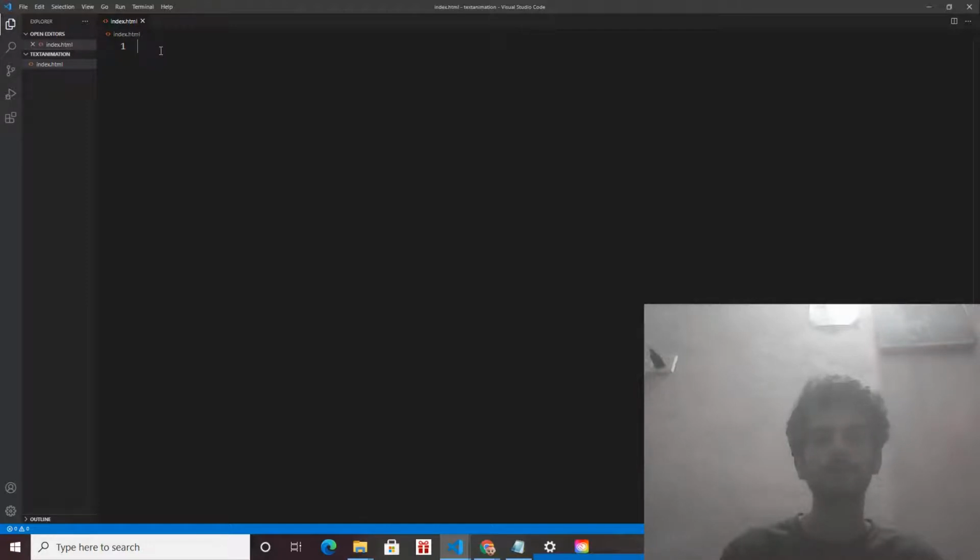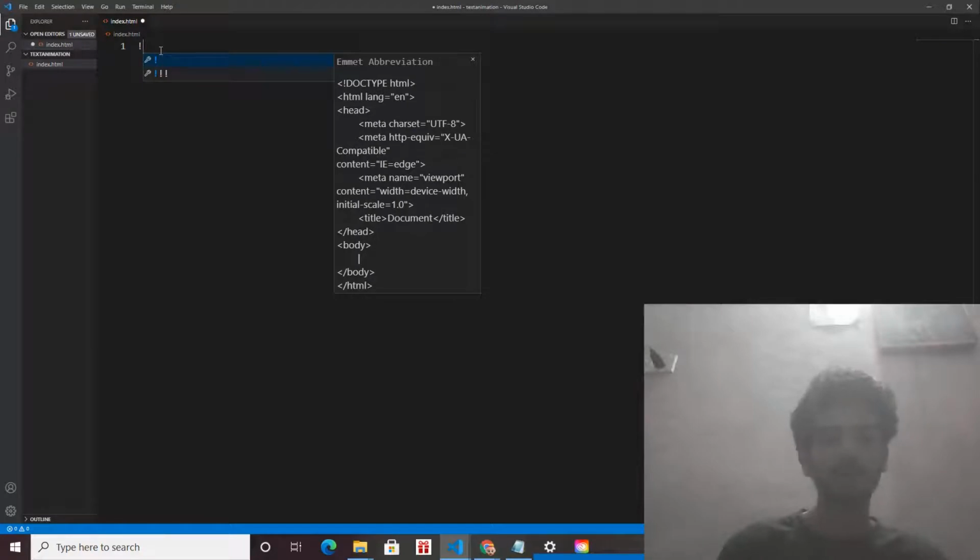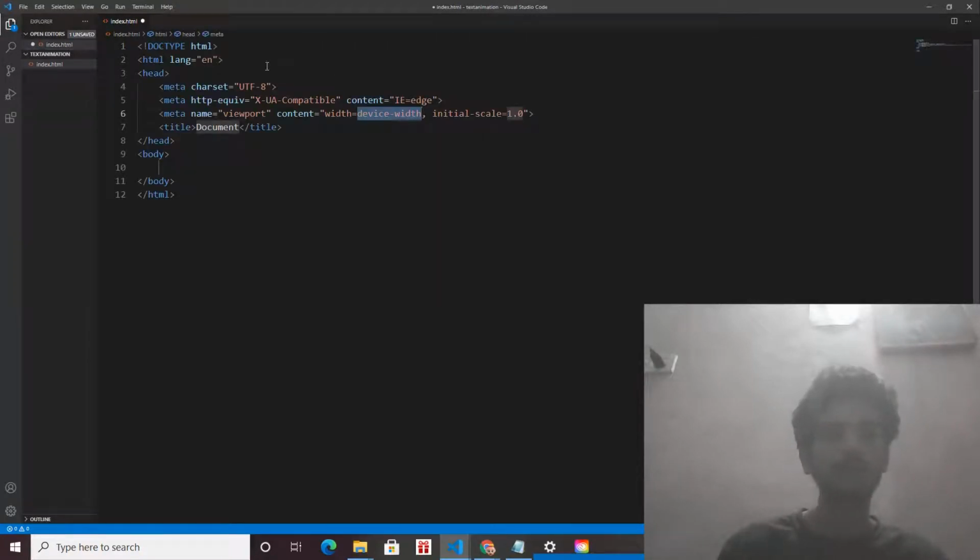If you don't have it, install it first, because it highly increases productivity. I have already installed Emmet. If I use an exclamation mark and press tab, it automatically makes the boilerplate of my index file. So I think you should download this before we proceed.